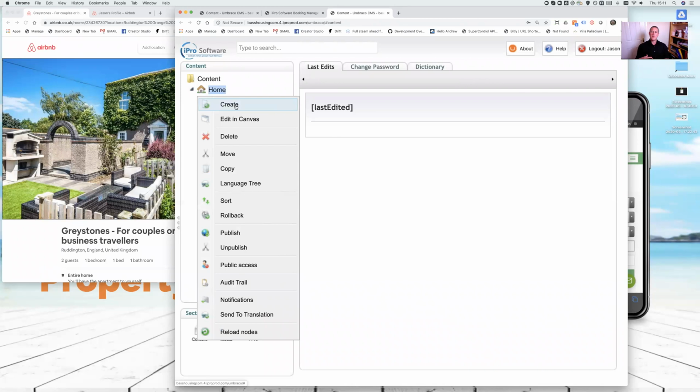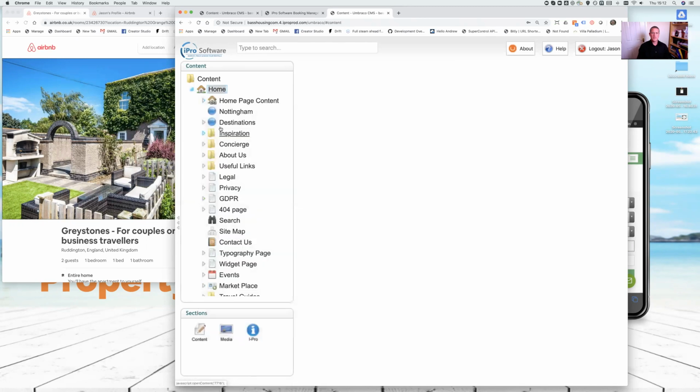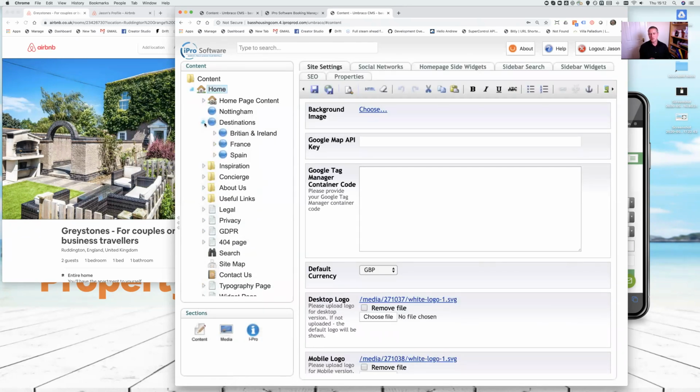So what you'll find, if you've just migrated to us, we would have imported all of your properties, we would have imported all of your locations. However, if you win a new property in a new location, you're going to have to learn how to create a new sublocation. So for example, if I come away from here, in the test data that we provide within